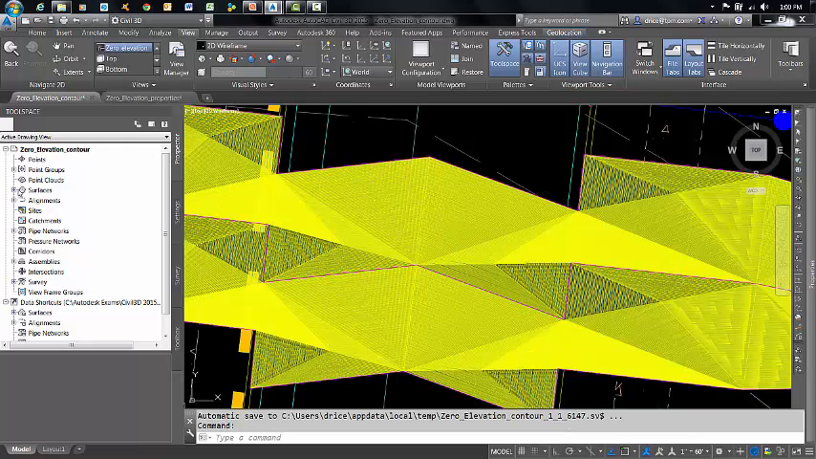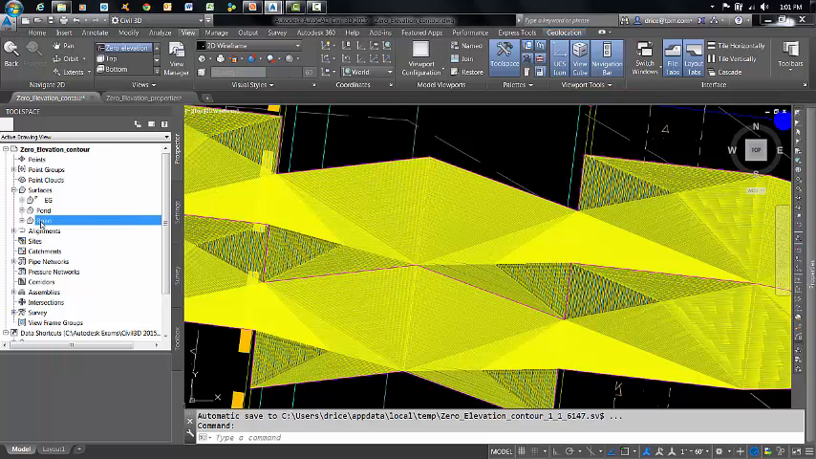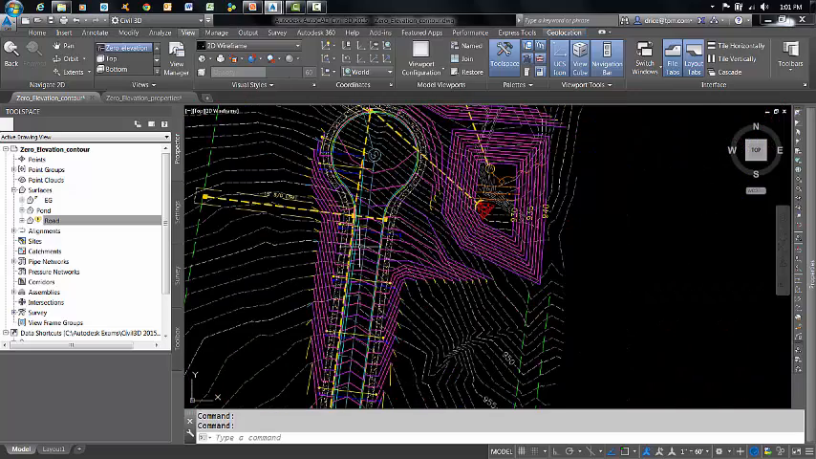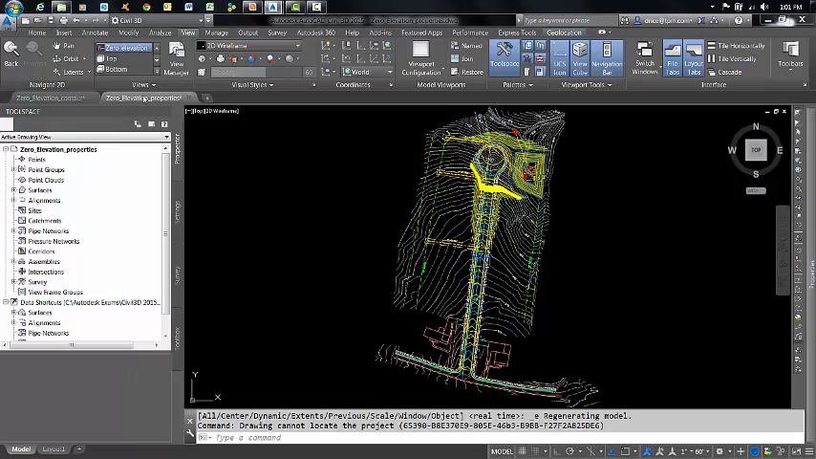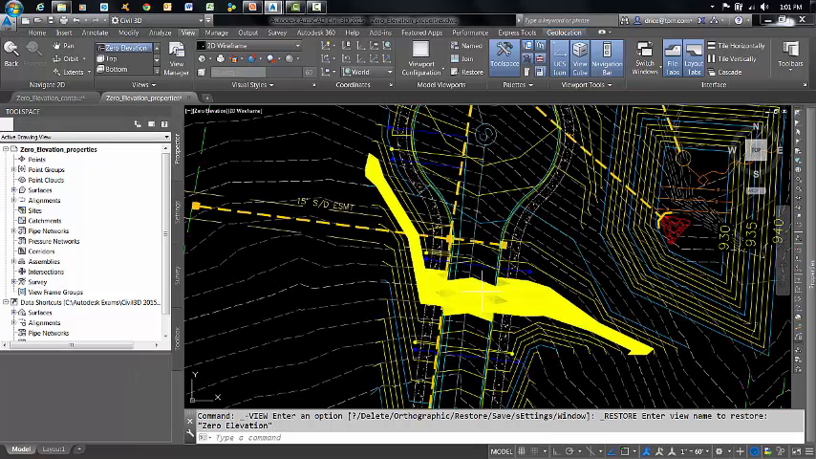After you do that, you just come over here to your tool space and prospector, and you're going to rebuild the surface. So that fixes that. The second methodology, if I switch over here to this other drawing, is that you're going